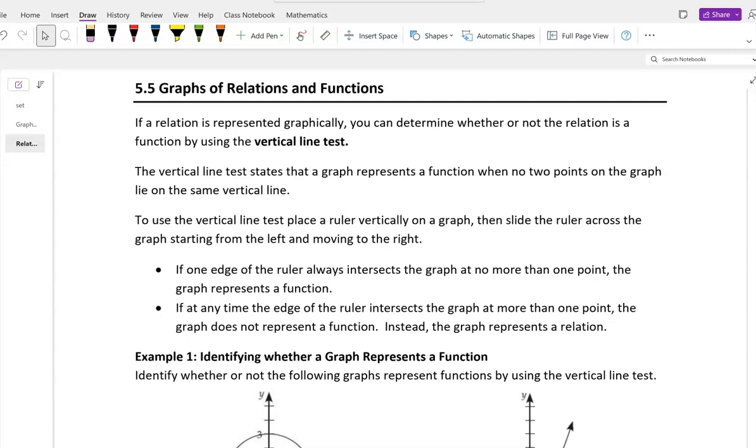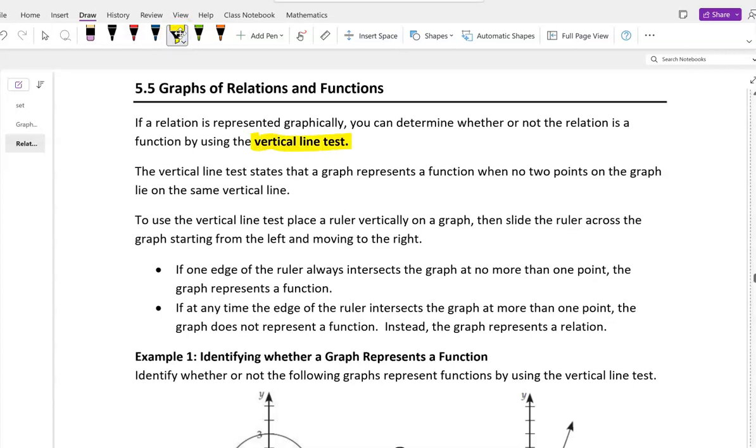In an earlier lesson, we began speaking about what functions are. Functions are a specific type of relation where every input will have only one output. The examples we looked at always had data given to you in terms of numbers, maybe in tables, maybe in ordered pairs. There's another way to determine if something's a function, and that's by graphing and using what we call the vertical